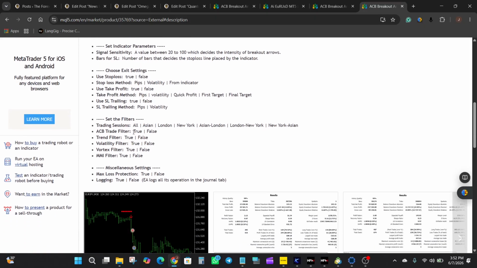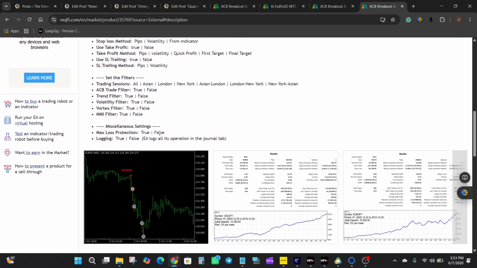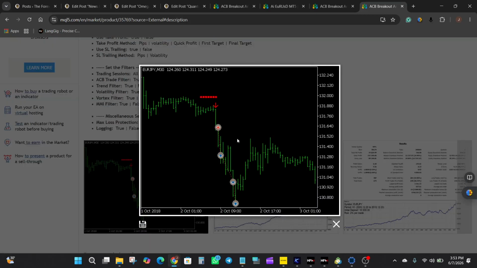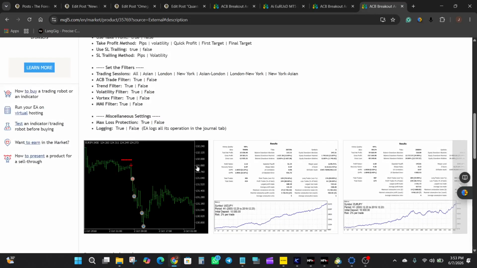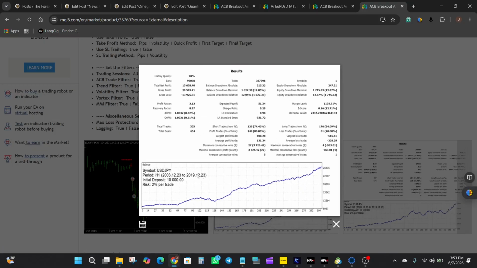you want to use SL trailing, and the SL trailing method. Then also there are the filters: the trading sessions filter, ACB trade filter, trend filter, volatility filter, vortex filter, MMI filter, and then the miscellaneous settings include the max loss protection and logging. All right, so looking at the image sample that we show here, just showing the EA in action, and then here we have some backtest results,